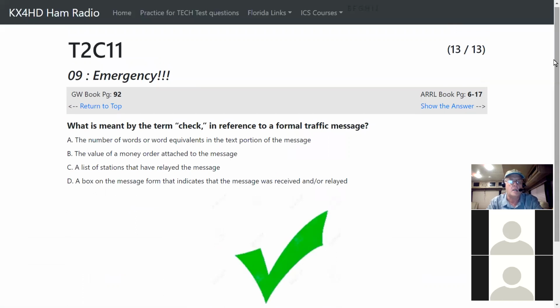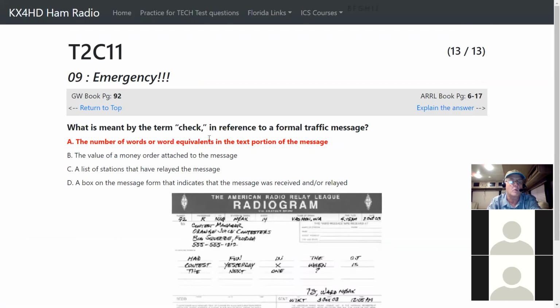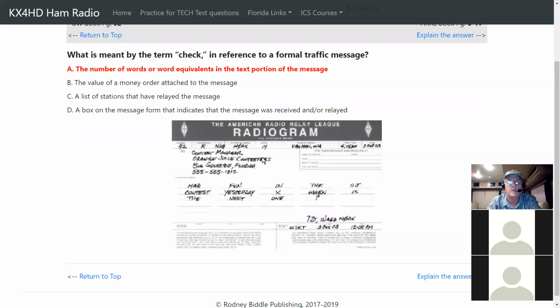What is meant by the term check in reference to a formal traffic message? Number of words or word equivalents in the text portion of the message, the value of a money order attached to the message. You're probably seeing my face on that one. A list of stations that have relayed the message, or a box on the message form that indicates that the message was received and or relayed. And what they're referring to by check here is the number of words or word equivalents in the text portion of the message. So this is a radiogram,